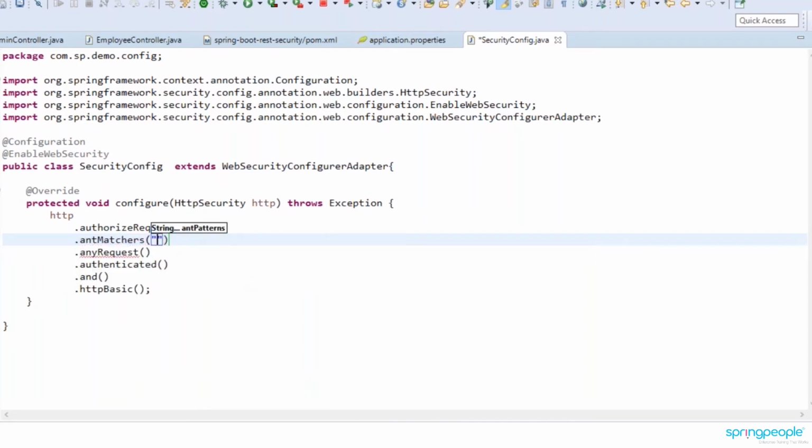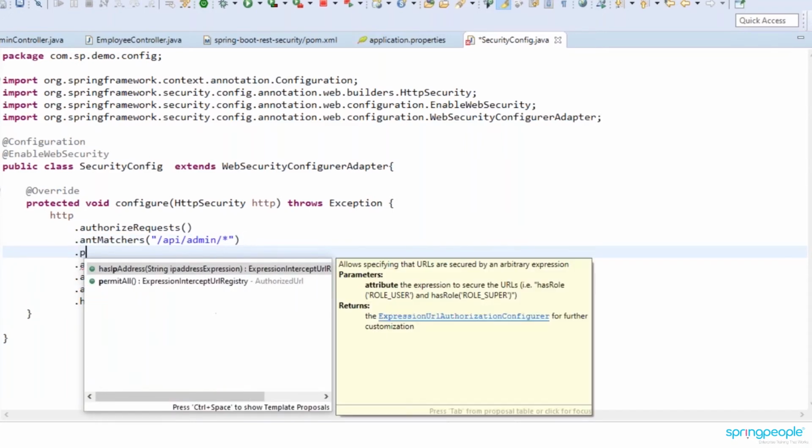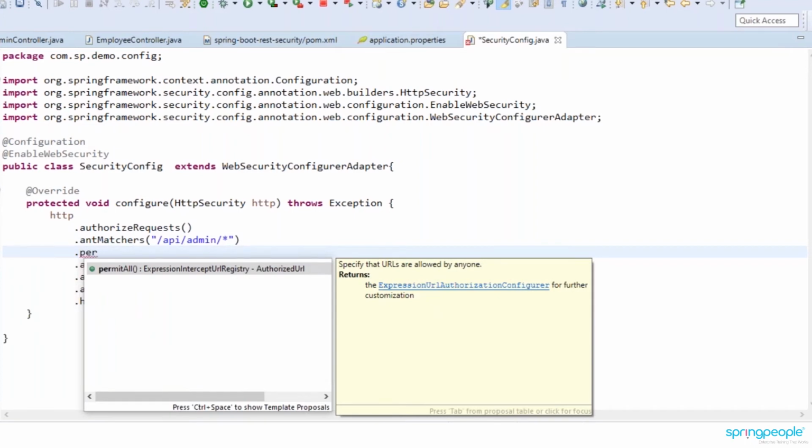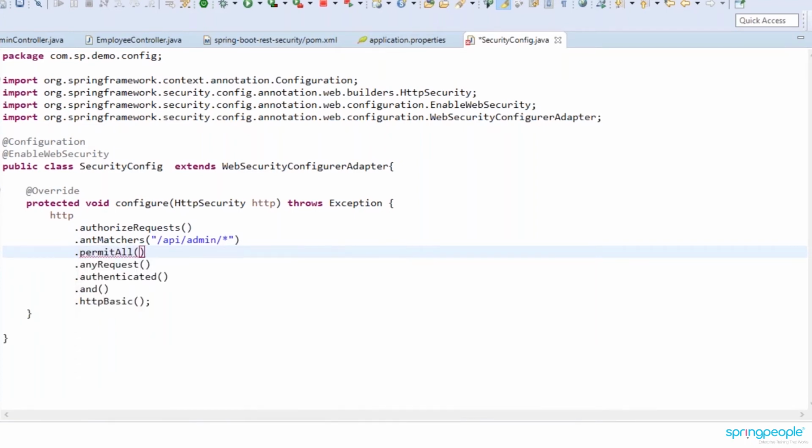Like I want to authorize the URL if anything is coming from API/employees, or I'll take API/admin/star. If anything is coming with antMatchers API admin and star, that request should be authenticated, and others should be permitted. That specifies that those URLs are allowed for anyone, so I've given permitAll.